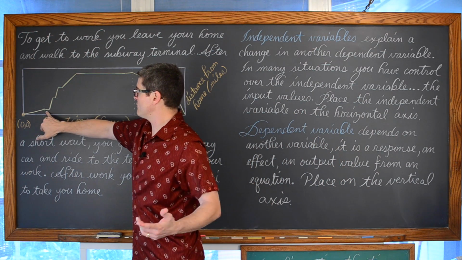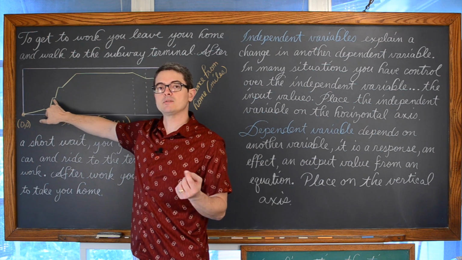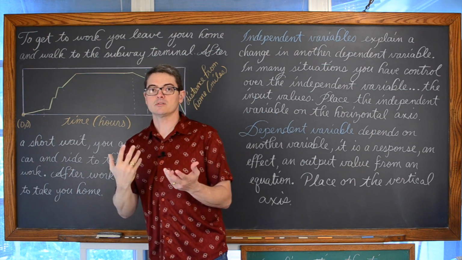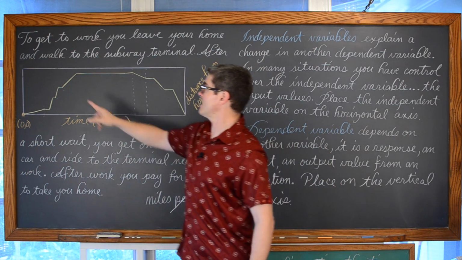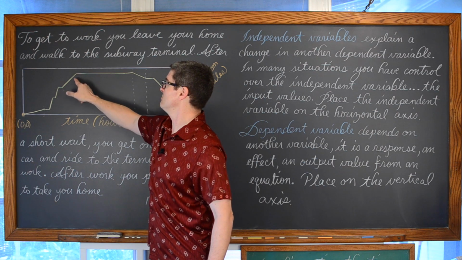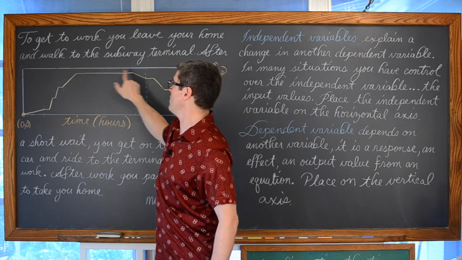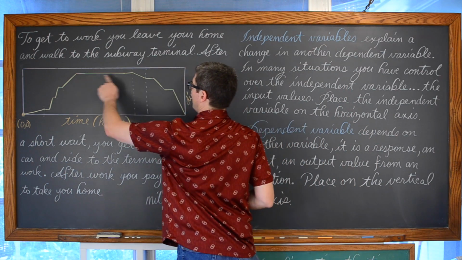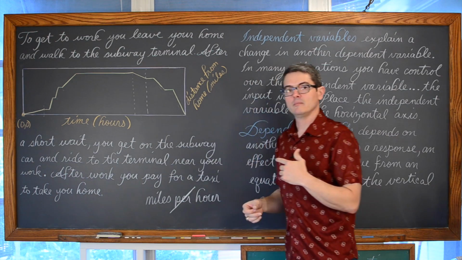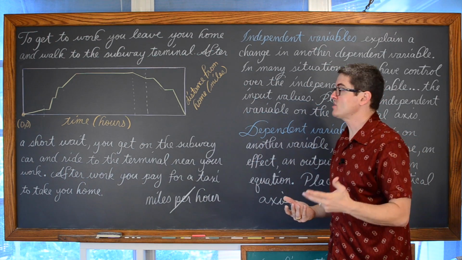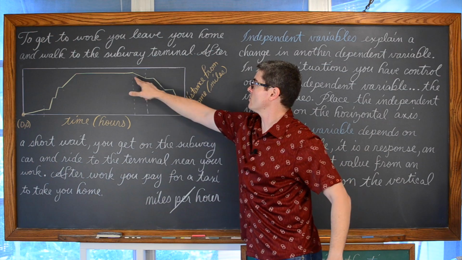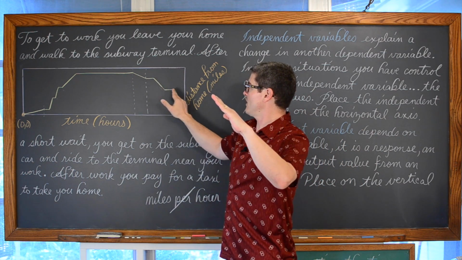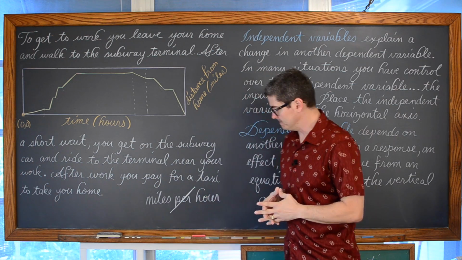Whether you're waiting for the subway stops to pick up more people along the way as you get to work. For some reason here, the line's not as steep, and it seems like maybe the subway's not traveling as fast. It's taking a longer period of time to cover maybe about the same distance. And then at work, you're moving, you're expending energy, but your distance from home is staying constant. As time is changing, that slope right there is 0, and then of course we have some negative slope, some periods where time is going by and the distance from home is decreasing.